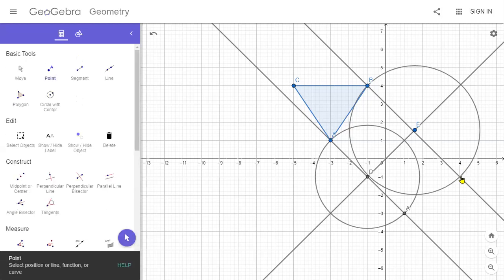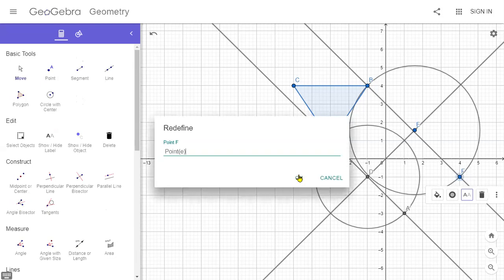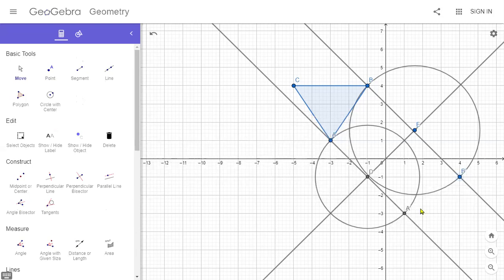This point of the intersection is just the image point of this vertex B. Let me rename this as B prime. This is just B prime. Here we have marked A prime and B prime, and let's do the same thing for the point